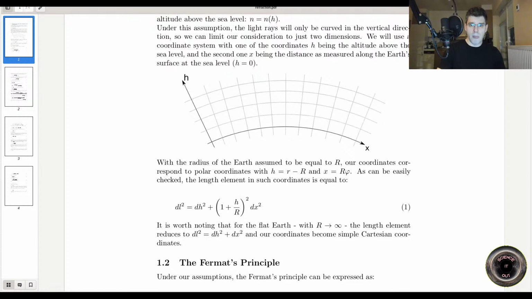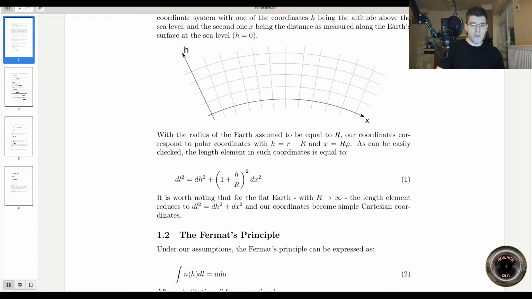Okay. So now what I'm writing here is the length element in such coordinates, and it's like this. So what does it mean? It basically means that if we take 2 points and their h coordinates differ by this dh, and their x coordinates differ by dx, and both are infinitesimally small, then the distance between these 2 points squared is the difference in h coordinates squared plus the difference in x coordinates squared times this factor. Now,